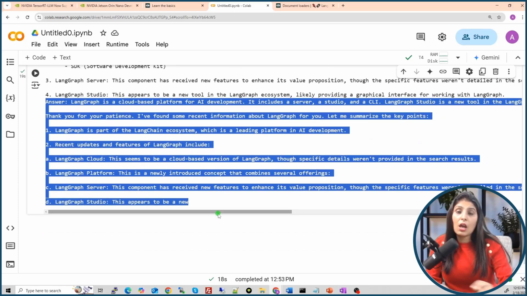So guys, this is how you can use RAG with your LLM. In this case, our LLM is replying on the basis of the latest information. And here you can see we are not retraining our model. We are not fine-tuning our model. We are just providing external, the latest sources, with the help of these data loaders.